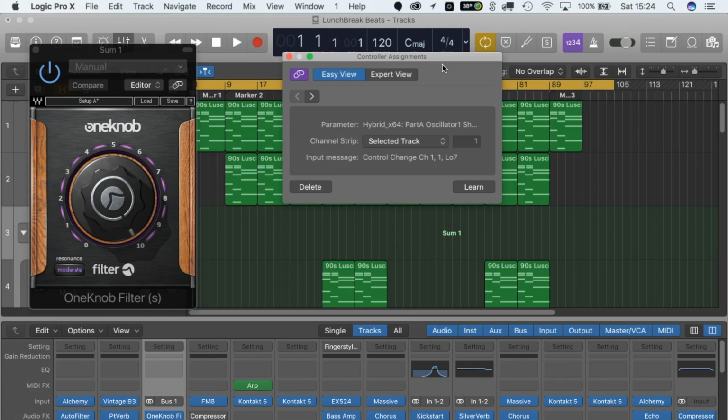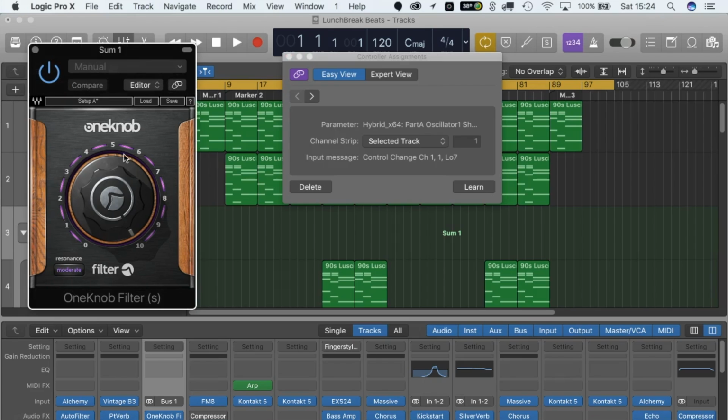MIDI controller. The main reason I wanted it was because it has 8 mappable controls that I can use to do things like this, as well as the pads and the little keys. It's really compact and nice. I've also got an M Audio 88 key MIDI controller, which I've had for about 8 years now. You could have a controller like the MPK Mini 2, which has lots of mappable controls, but on the M Audio you could use the modulation wheel, for instance. This should be able to do this fine. So if I just crack on with that,